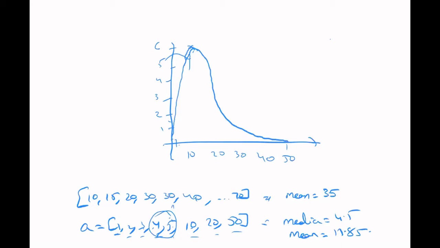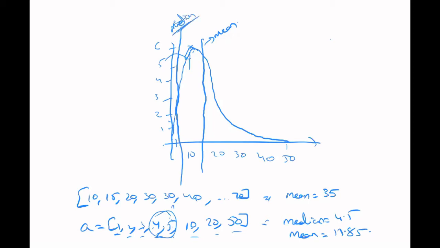So this is our histogram. The next thing we are going to talk about is our mean. What is the mean here? The mean is 11 point something, which is here. This is our mean. And where is our median? It is 4 point something, which will be somewhere here. This is our median.